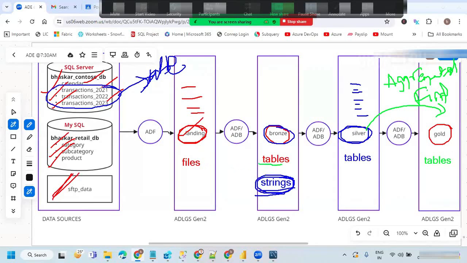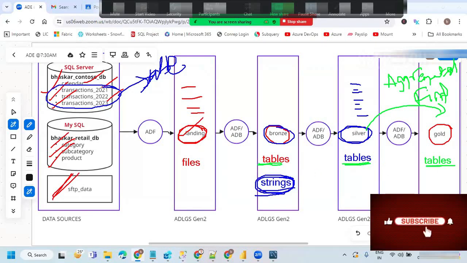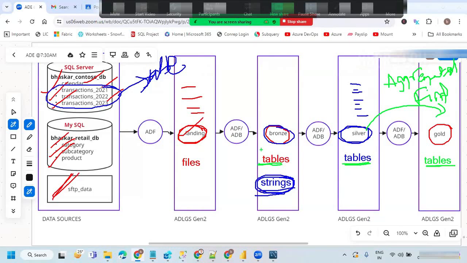Delta tables. We already know how we can create delta tables. In the last session, I showed you that once you have data in the delta format, we can create a delta table. So we need to have all these 3 containers,